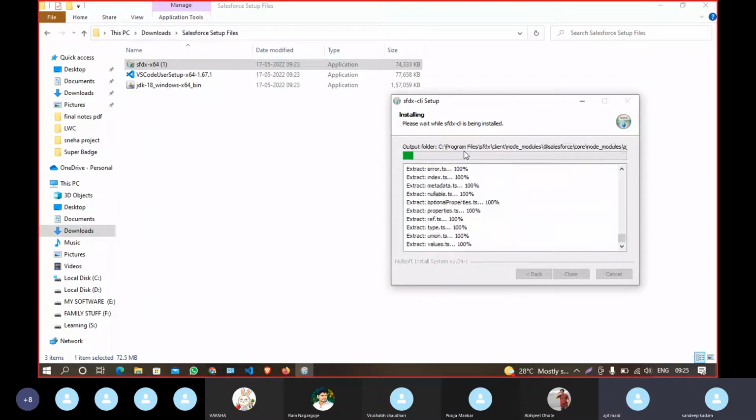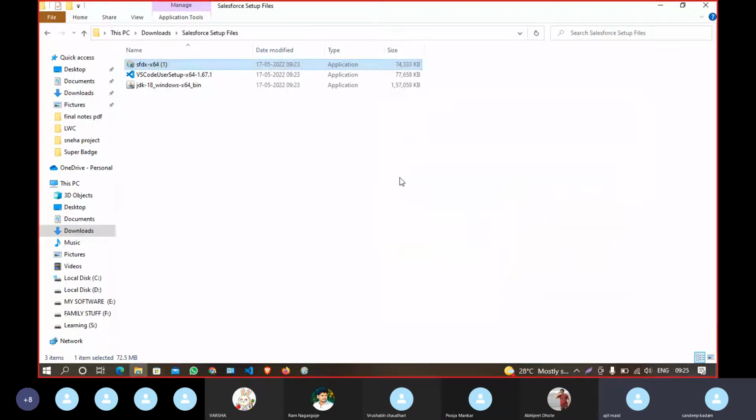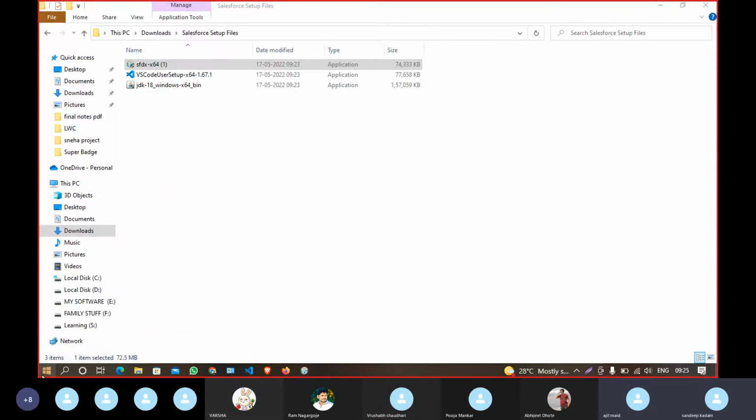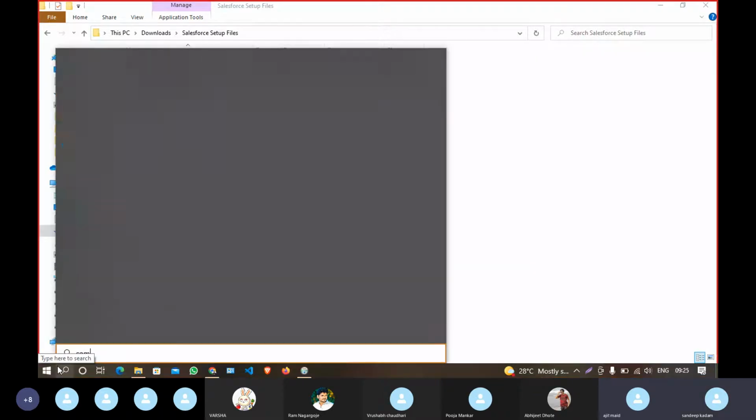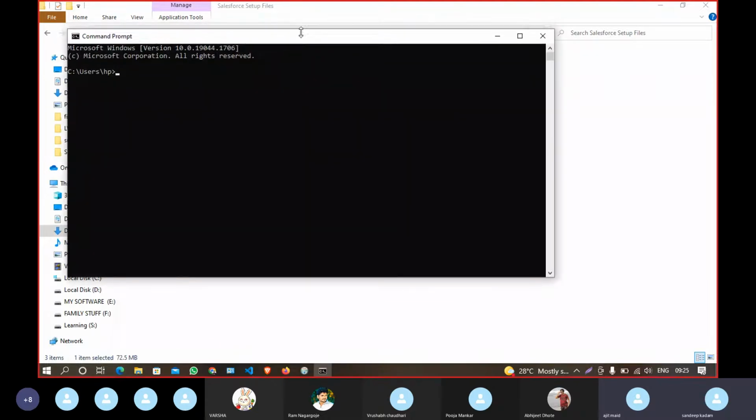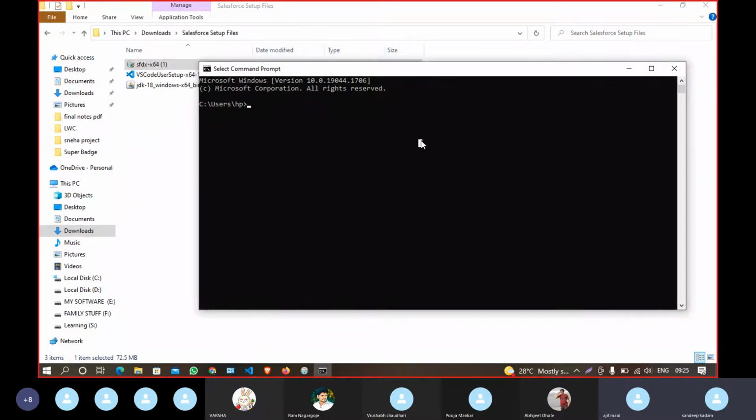How can you verify whether the JDK is installed in your system or not? To verify that, you have to go to command prompt. Just press Windows R and type cmd here, or else go to Windows and type command prompt. This way you can also go, and your command prompt will open. Now how can you verify whether Java is installed or not? Just type